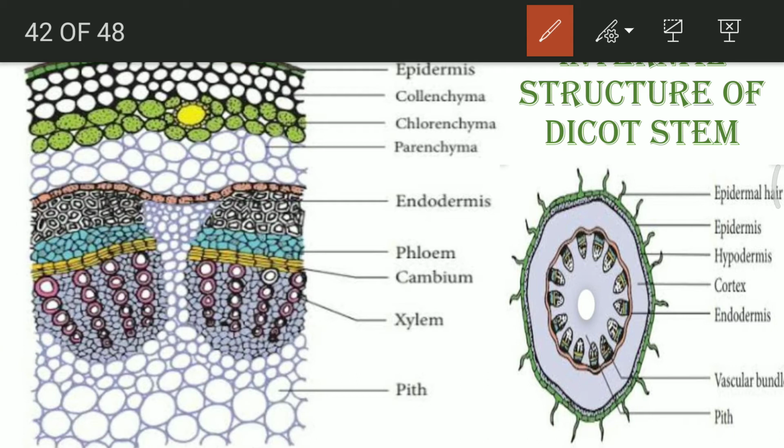So in the elongated diagram, please remember, sorry, it's quite long, this entire structure from collenchyma till the parenchyma is the cortex. Now, in case of dicots, we see that differentiation of this layer of cortex takes place. Cortex gets differentiated into two distinct layers. One is the hypodermis, which is seen in the circular diagram, and inner to it is the cortex. So these parenchymatous cells which are present over here, this is the cortex region for sure.